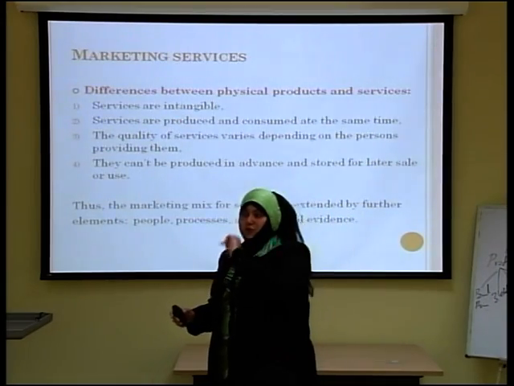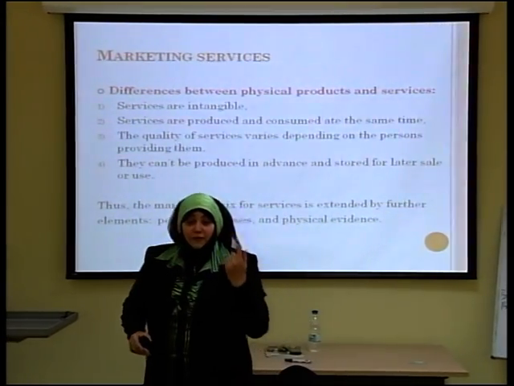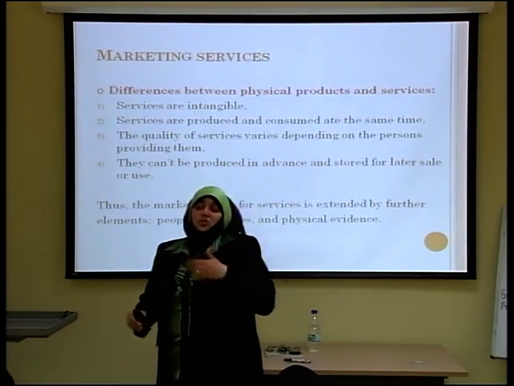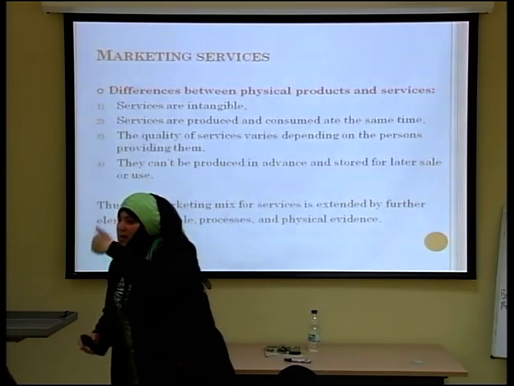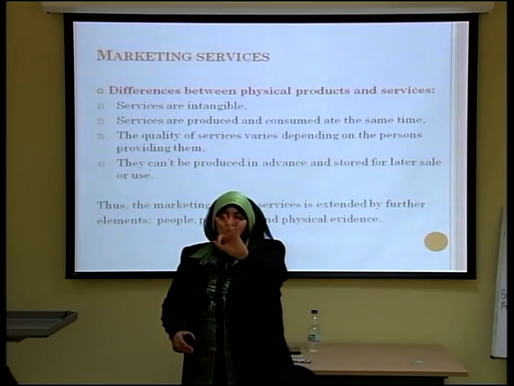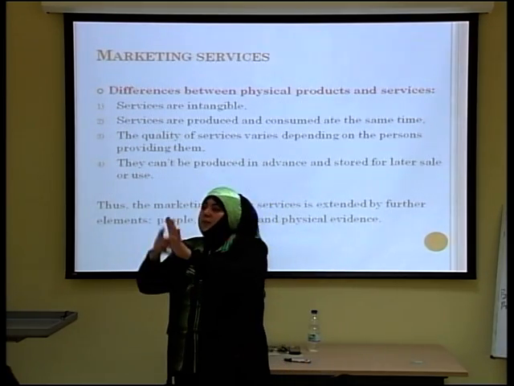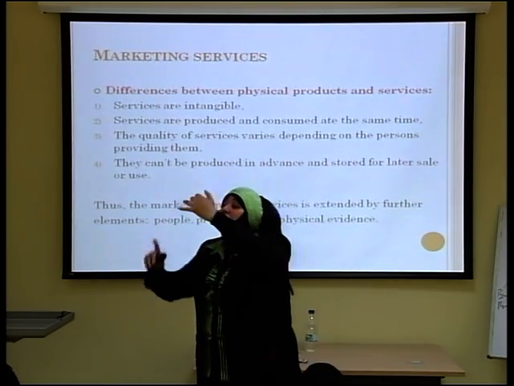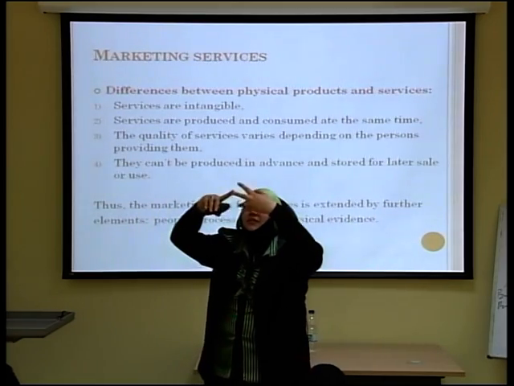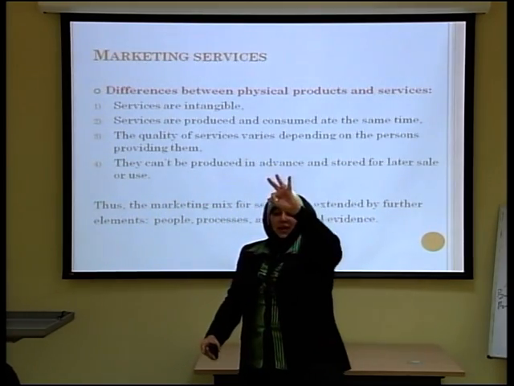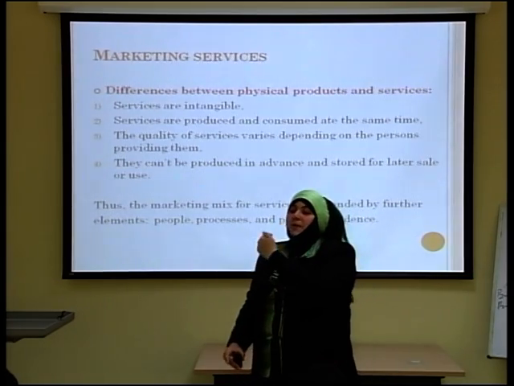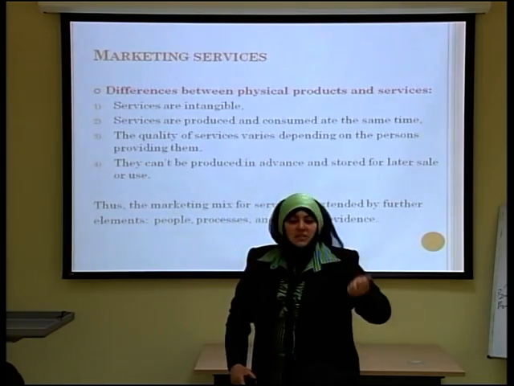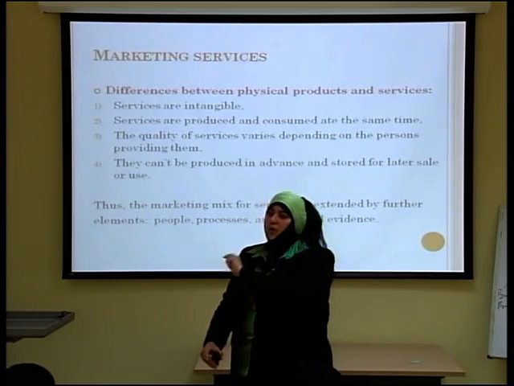Accordingly, and because of these differences, marketers decided to have different marketing mix for services. It's not different, but they extended the marketing mix of services to include extra 3 elements. So it includes the product, the pricing, the distribution, the communication, and people, processes, and physical evidence. These are the 3 extra elements we have in the marketing mix of services, and we call this the 7 Ps. You remember? We covered this in session 6 of book 1, the 7 Ps.